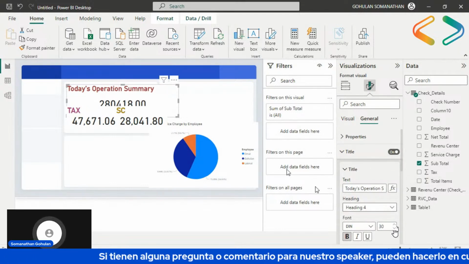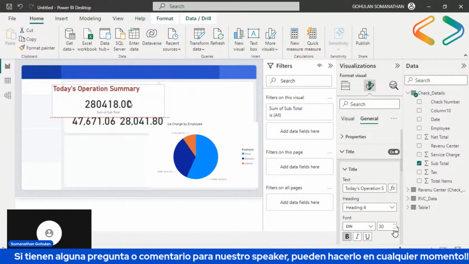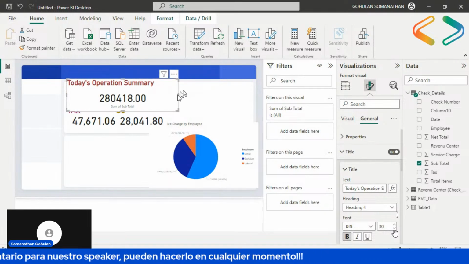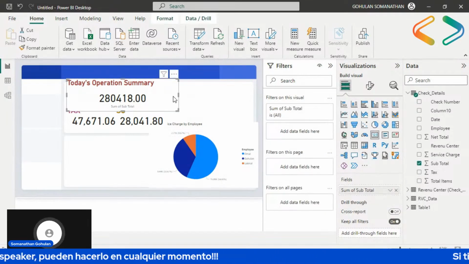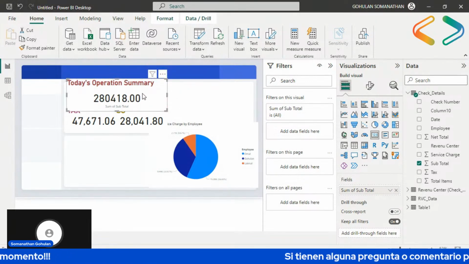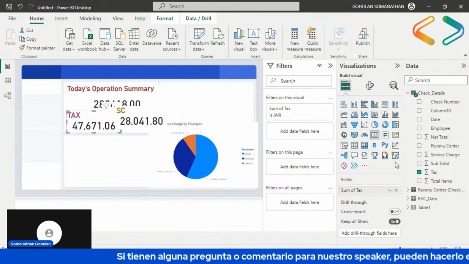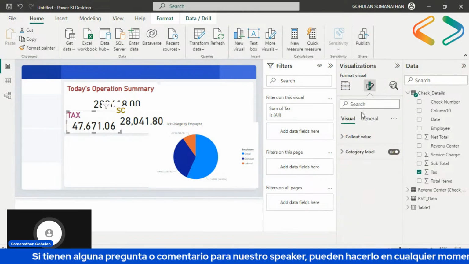The design is up to you, it's all about your creativity. If you can build a customized background, and if you're good at designing, you can make it however you want. That is always open for you.